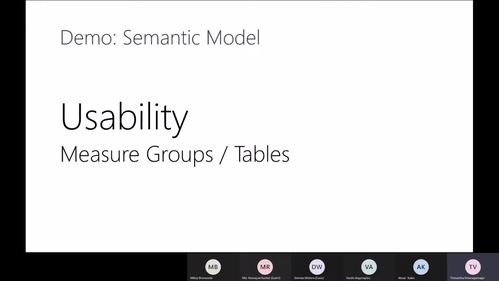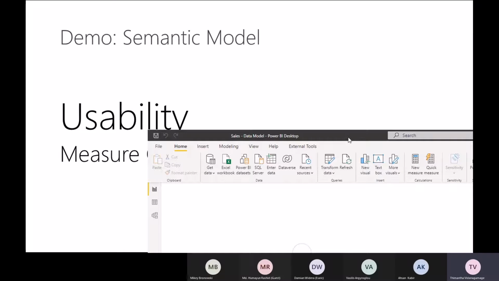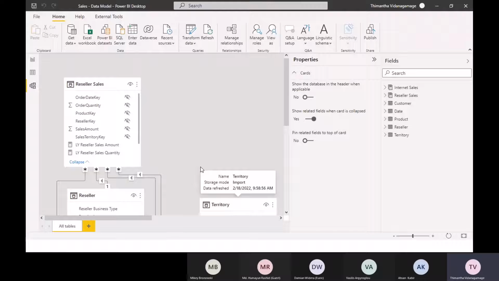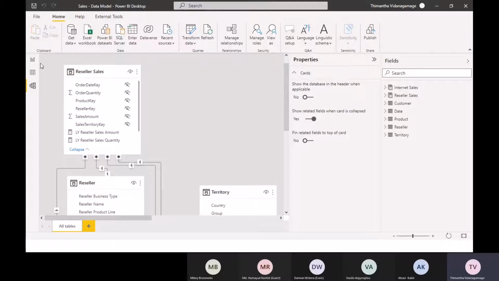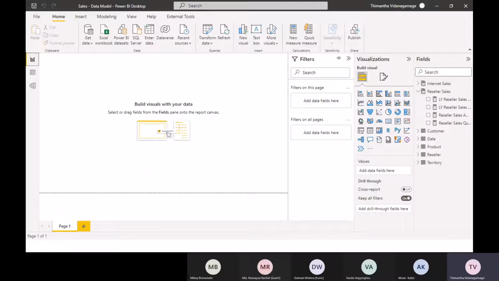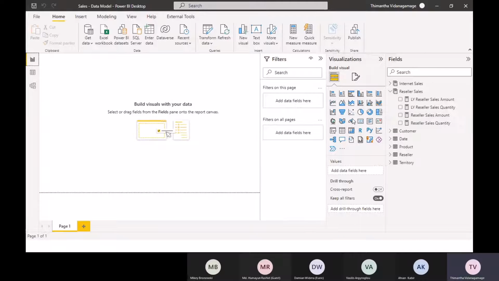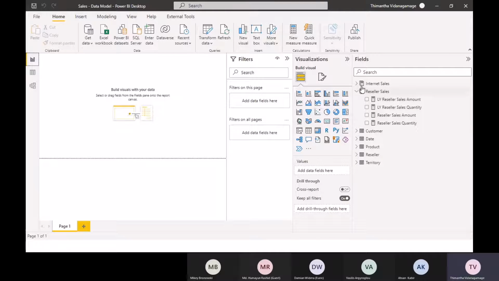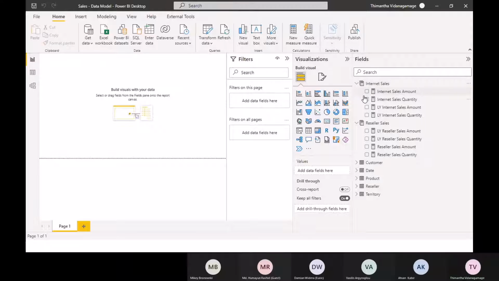So just to demonstrate to you how to create measure groups and tables and how to organize that, I have a separate data model that I have set up here. So this is the data model, and it has two fact tables and some dimensions as well. What I'll be focusing on here is how to implement measure groups and measure tables. So how you do that in the first place is simply